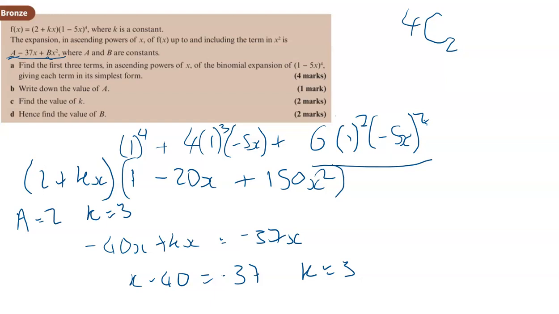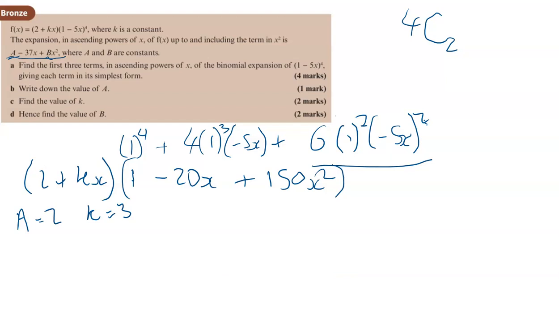Probably going to have to delete this one, so I've got space to work out b, but hopefully you can see it. I'll leave it up just for a second longer. You can see that I've just taken the coefficient of that, worked out what the x term might be from the various combinations. There's only 2 ways to do it, because this has only got two things in it, and then I've just made the coefficients equal in order to work out what k is. Okay, so for part B,